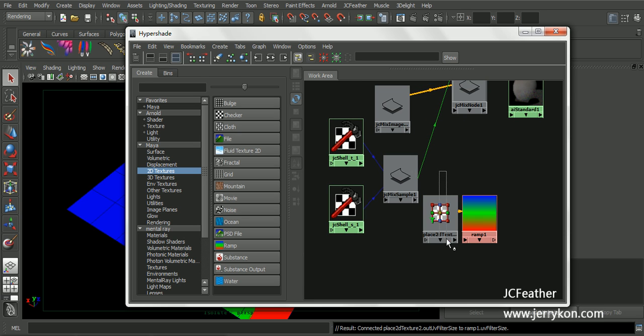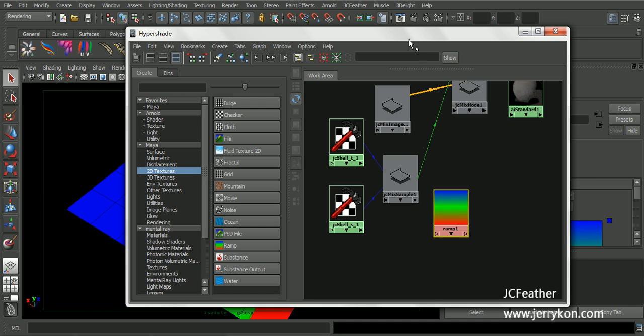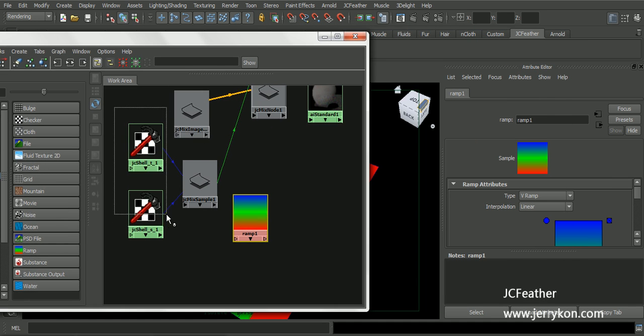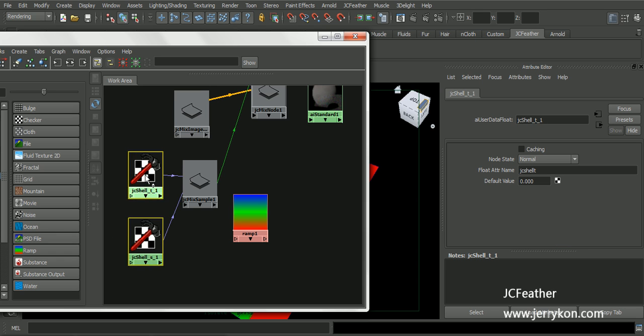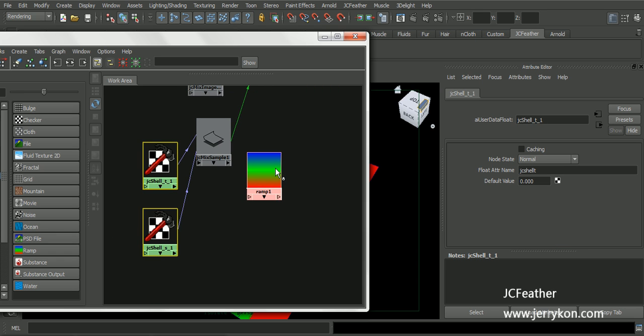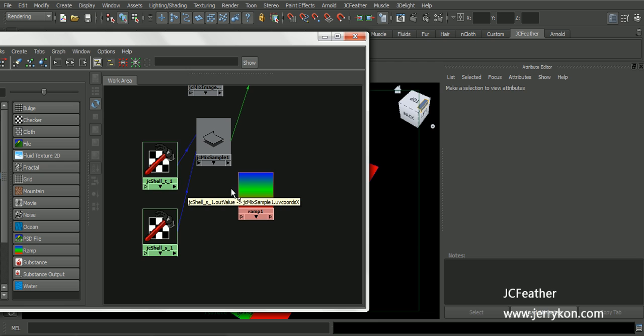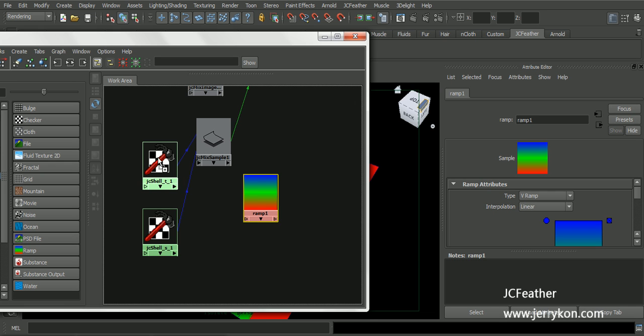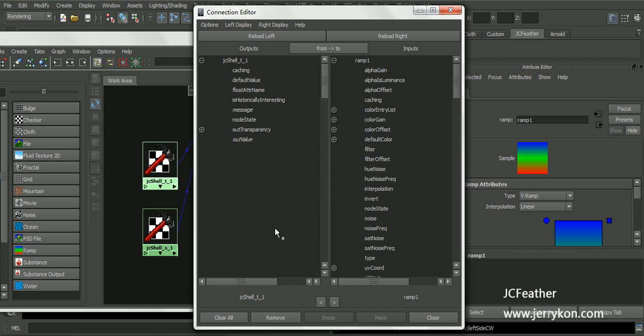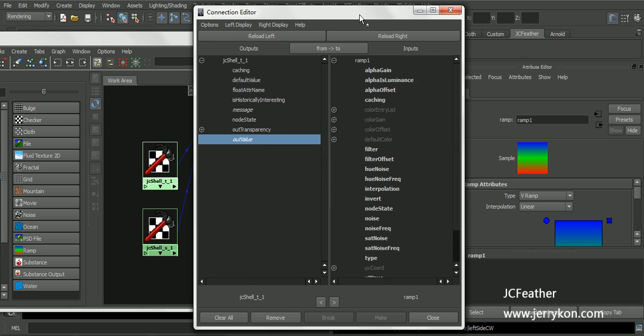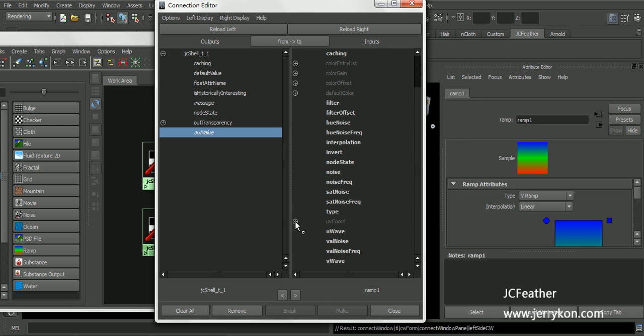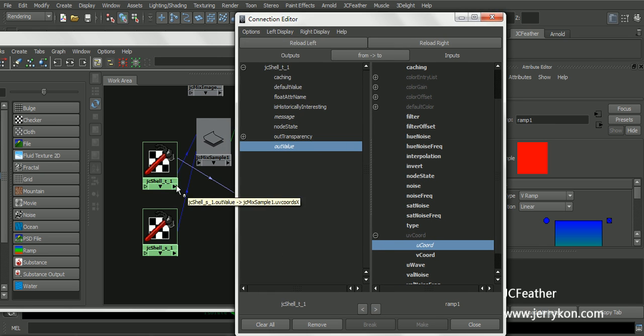I will delete the place 2D texture and connect those nodes to ramp 1, this node. I will connect the out value to the UV coordinate,